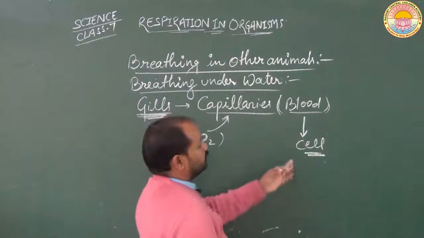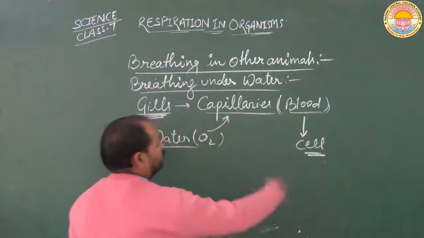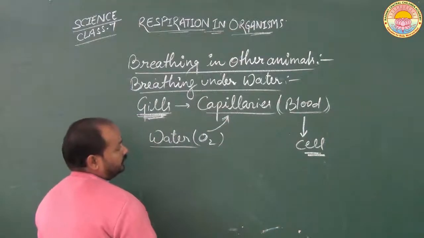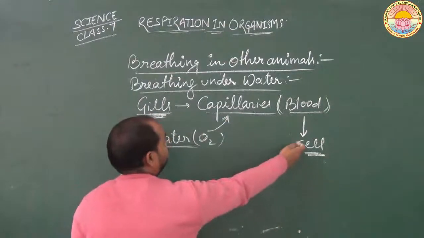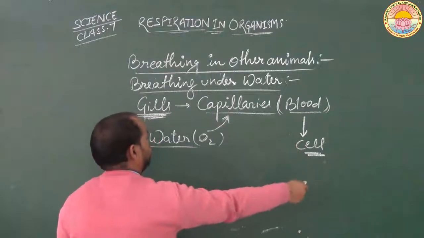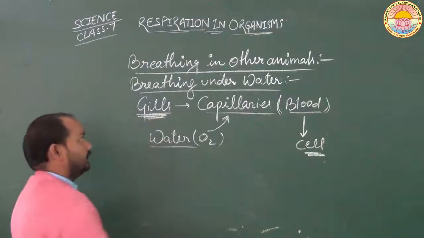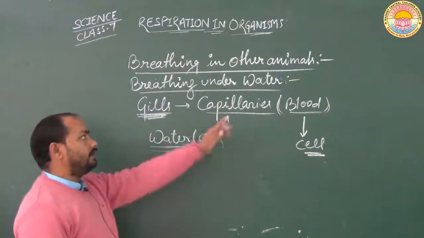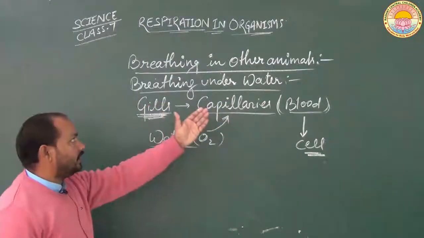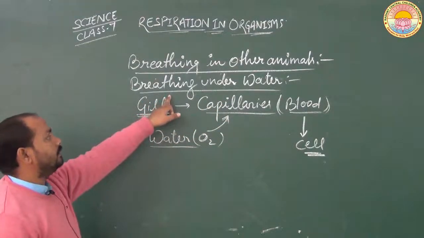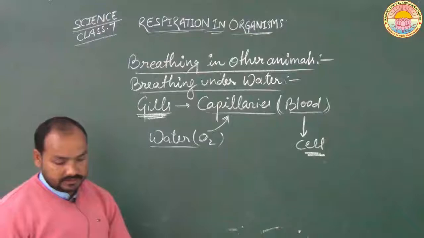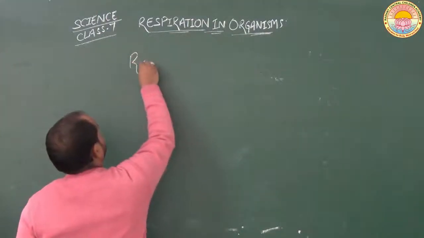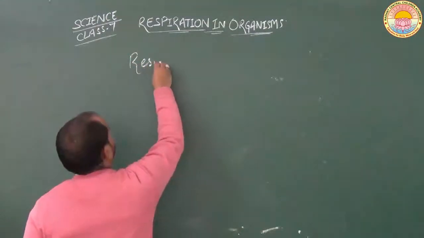And after the respiration process the carbon dioxide is evolved in the different cells of the body, and in the same way the carbon dioxide is released out through their gills. So in this way the aquatic animals, the animals that live in water, complete their breathing process with the help of their gills. And students, now let us come to our next topic,